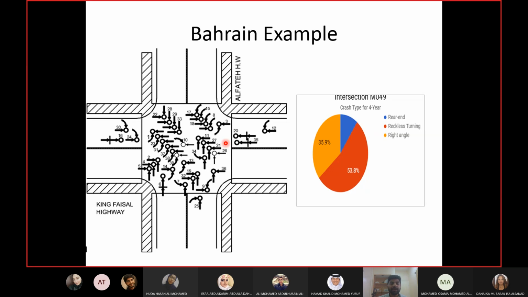One more recommendation given by the students who did this project was to put red light violation cameras on the signal. This makes sense because the only way we obey the laws is if somebody is watching us. And the thing is, there is always one being who is always watching us. So we need to think about that. Anyways, this was the recommendation from the students. So this is the end.